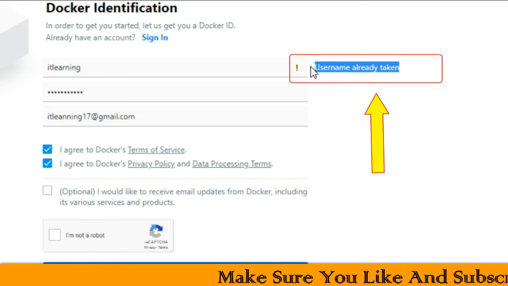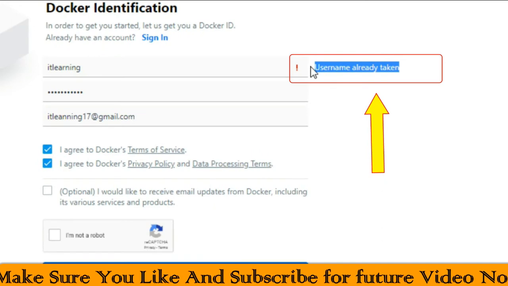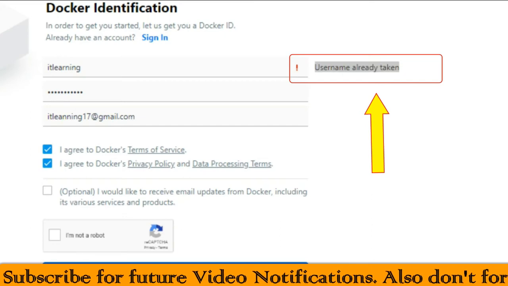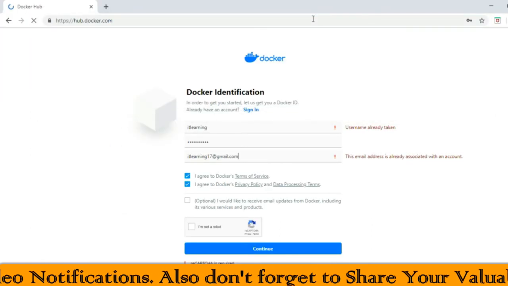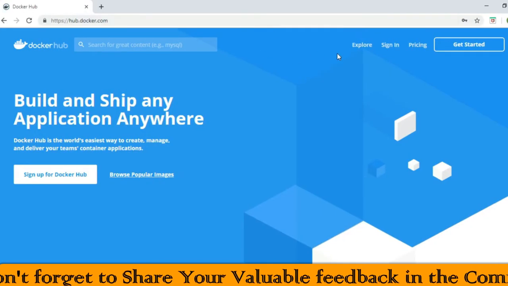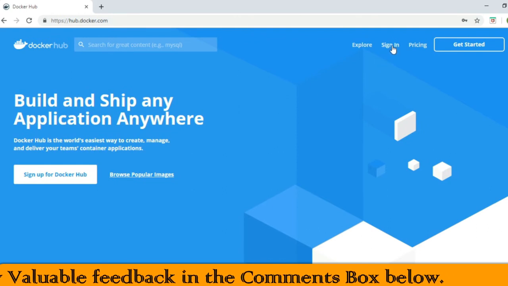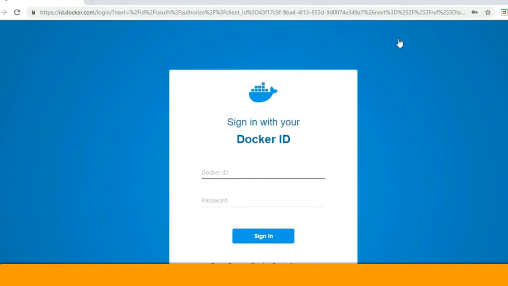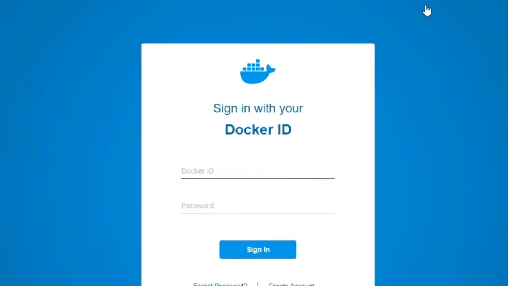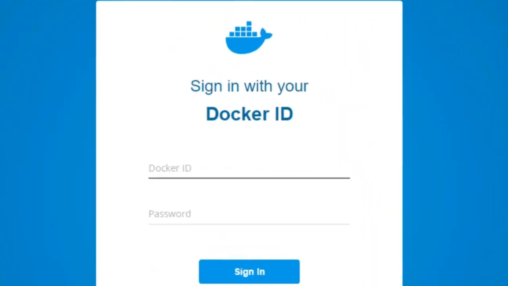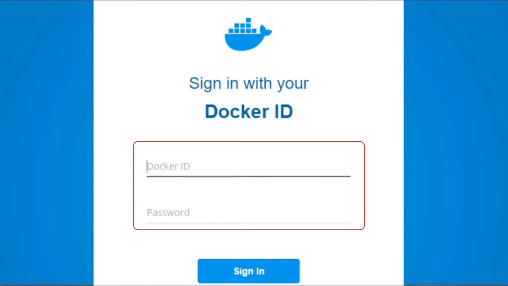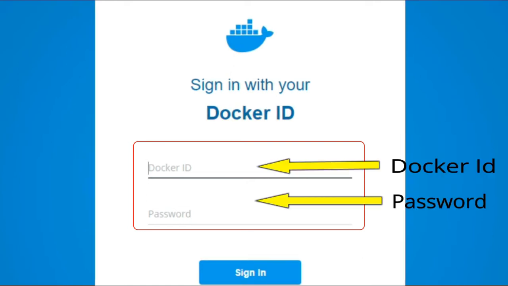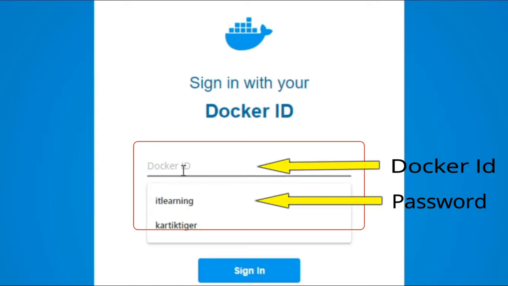So friends, after creating the Docker Hub account, you can again go to the hub.docker.com URL. And now you can click here on the sign in button for logging into the Docker Hub account. And the only information you need to provide here to sign in is the Docker ID and the password which we provided at the time of registering to the Docker Hub account.